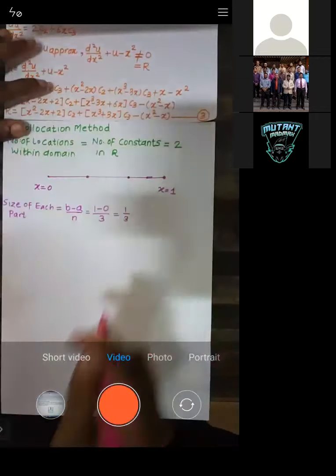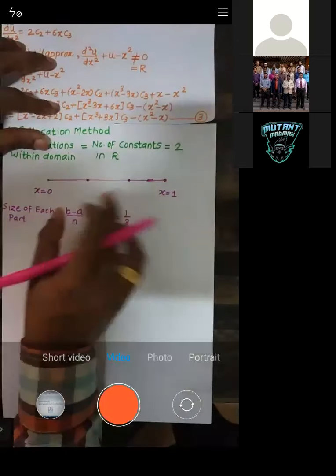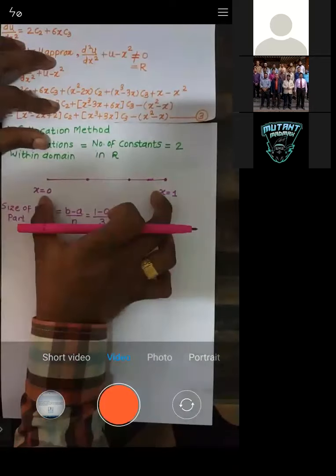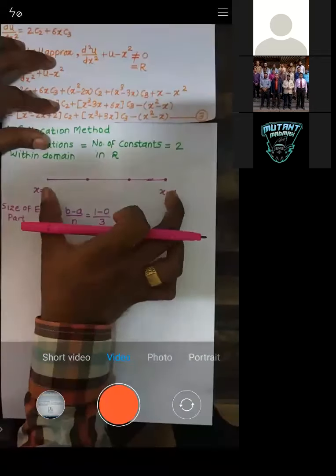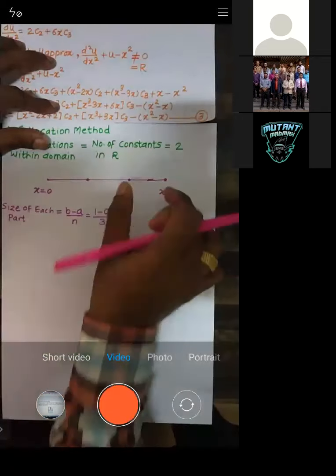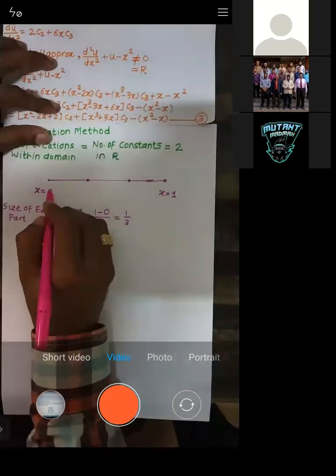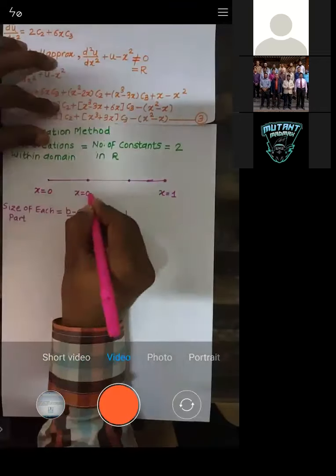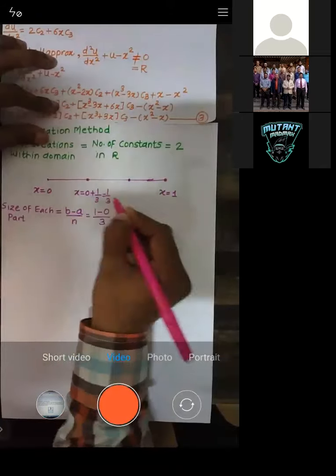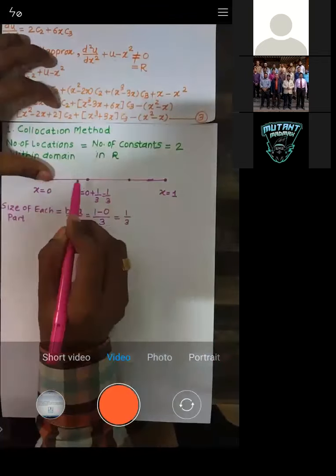It's 1/3. Okay, so obviously, see, this is 1, right? This is 1. See, 0 to 1. Then what is this total measures? This measures 1. And 1 we are splitting into three parts. Then size of each part is 1/3, right? So let us start here. If x is 0 here, what is the value of x here? Can you tell me? It's 0 plus 1/3, right? So it becomes 1/3. Try to understand. Here x is 0. In the 0, if you add 1/3, you will get value as 1/3.